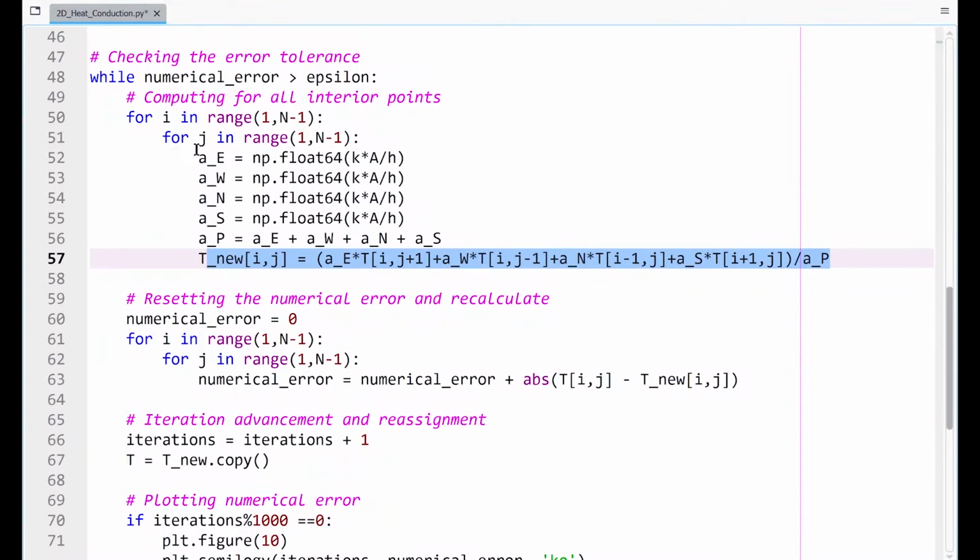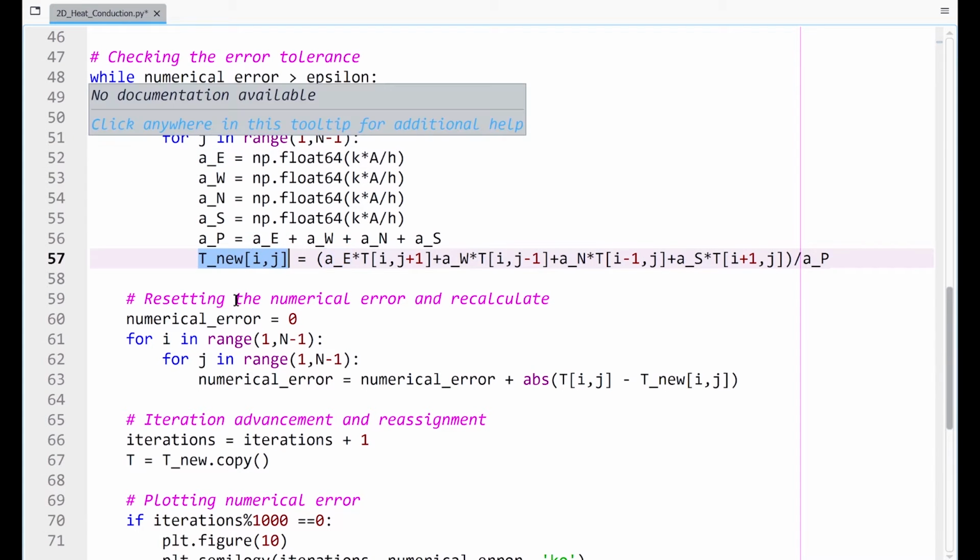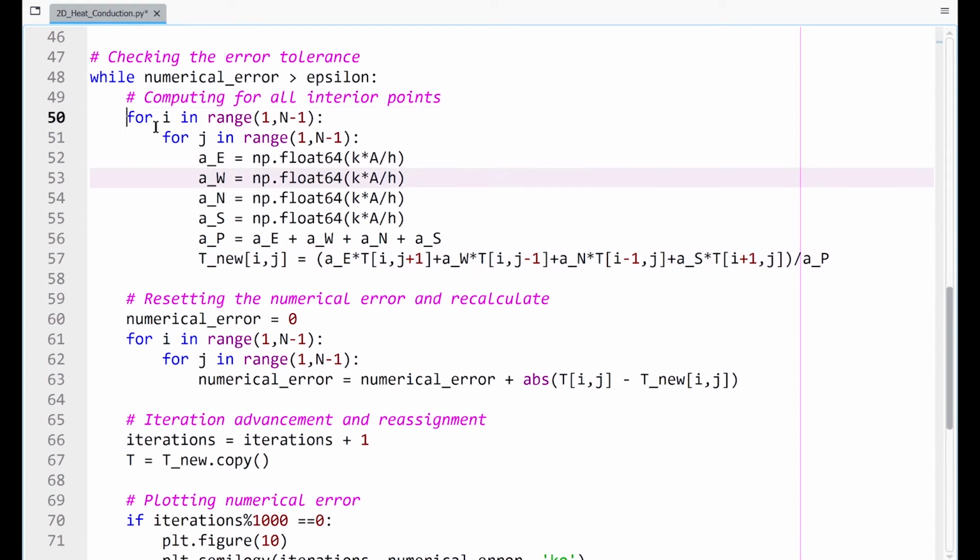Once we calculate the temperature at all the grid points, because this formula is within both these for loops, we then calculate the numerical error again. To do that, we first set it as 0. Then again we use the same two for loops, for i in this range and j in this range, the numerical error is the numerical error plus the absolute value of Tij minus Tnew ij.